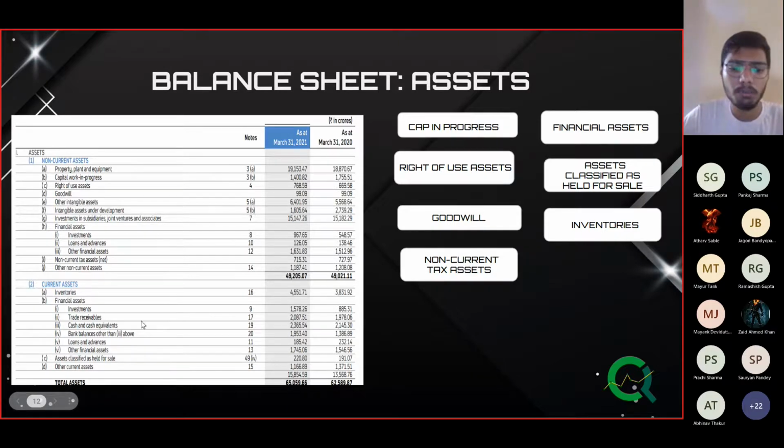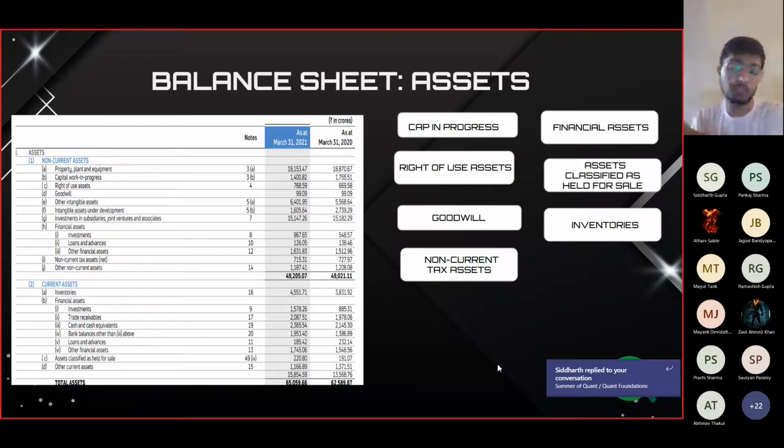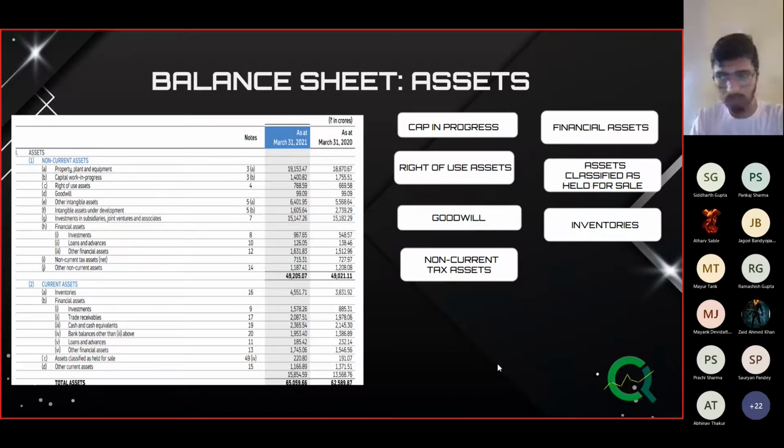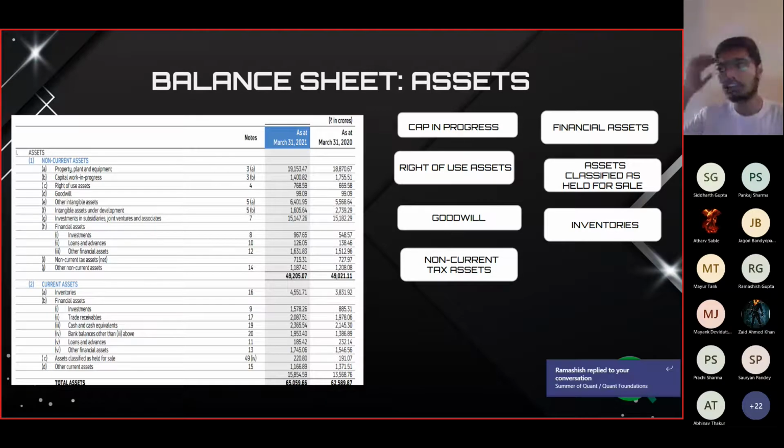Suppose you have made some trade, like you are Tata Motors, right? Then you have made some deal with another entity that you will give out some cars for certain prices. From your side you have given them their cars but they haven't paid for it, so that comes under the trade receivables.